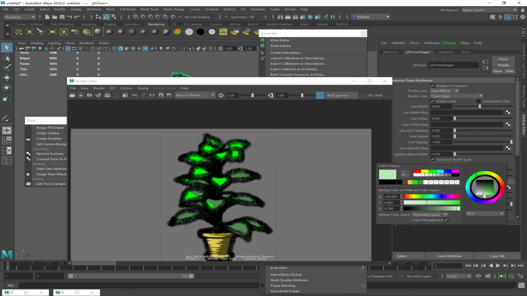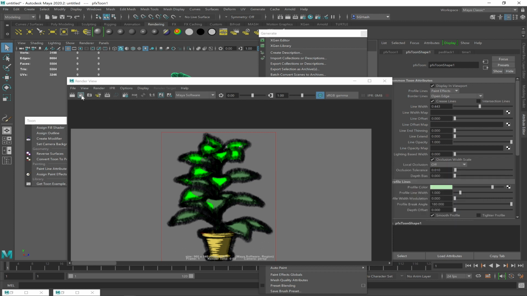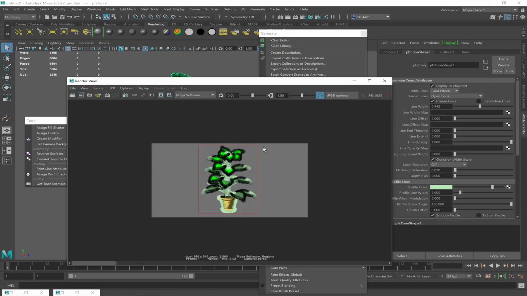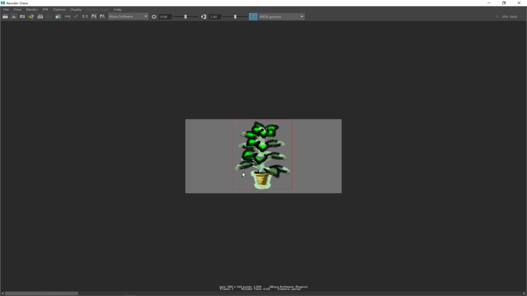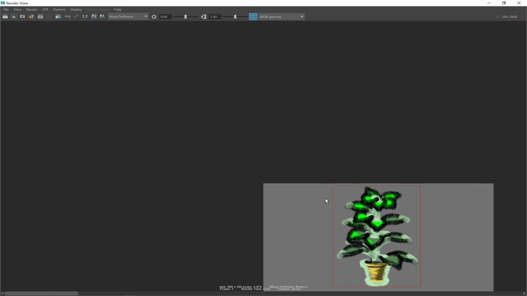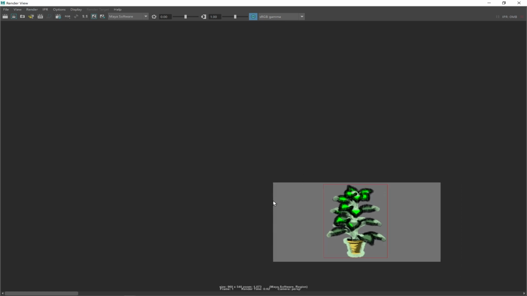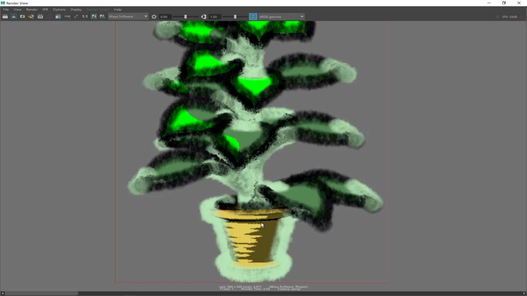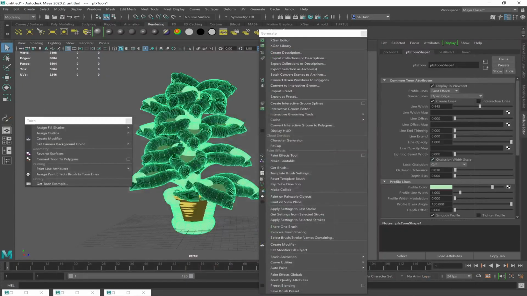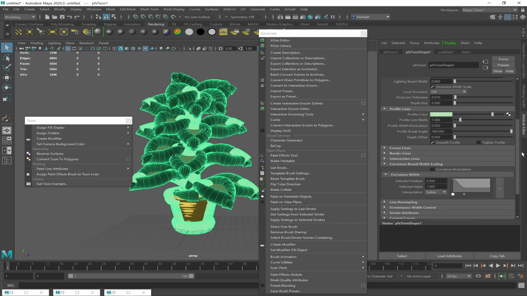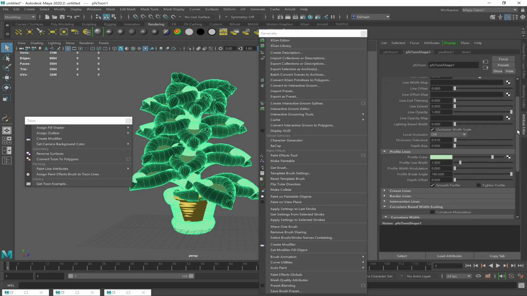Light green, very light green, maybe. Whoa. Wow. Okay, so obviously I want to go in here and tweak some of these effects, but you're getting the idea. You can actually make pastel edges. Pretty cool. So in here in the paint effects Toon shape is where you'd get not only the color, but